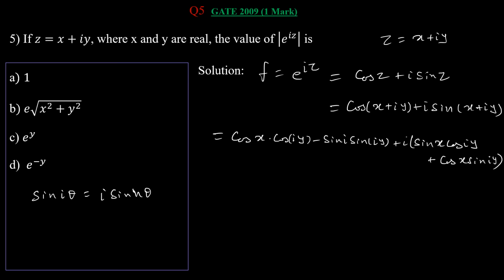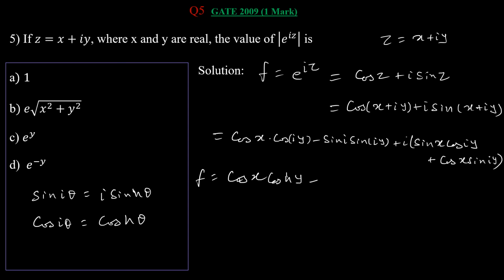So that relation between the trigonometrical function and the hyperbolic function you must know. And cos i theta is what? It is simply cos hyperbolic theta. So in that case your f will be cos x, cos iy will be cos hyperbolic y